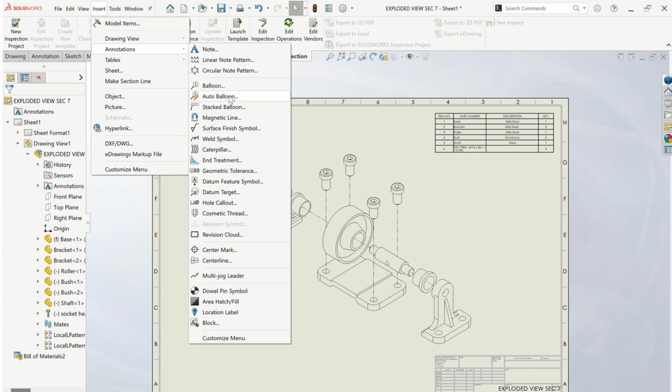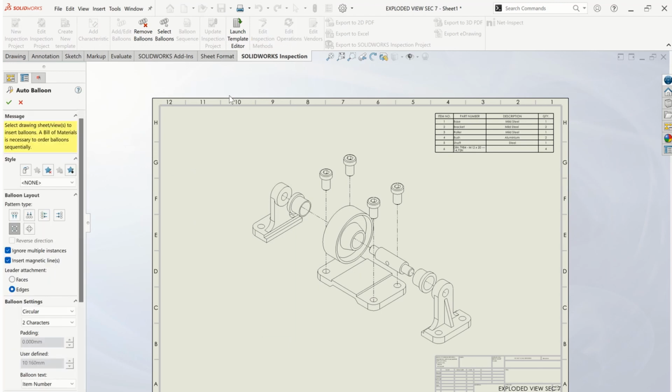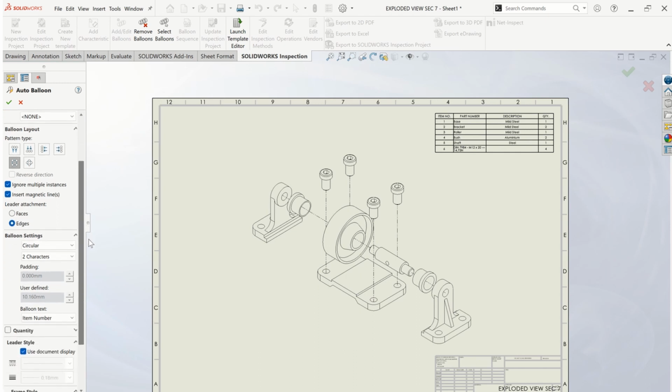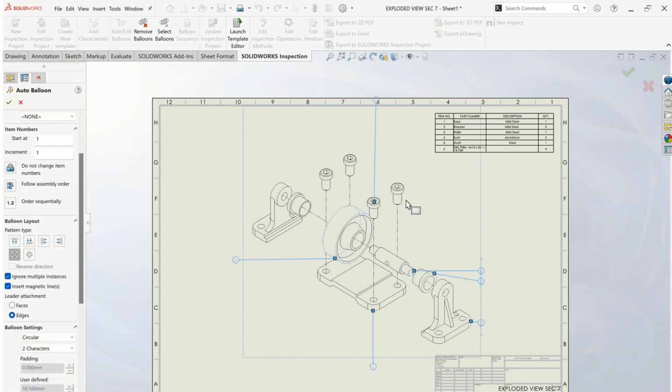There's also auto balloon, so I'll show you how auto balloon works. You can select the types of the balloons and the location of the auto balloons. Then you can select the item you want to place. If you click, it will automatically arrange the items that you already assembled together. As for this one, I don't like the location where they put all the balloons. So I would prefer